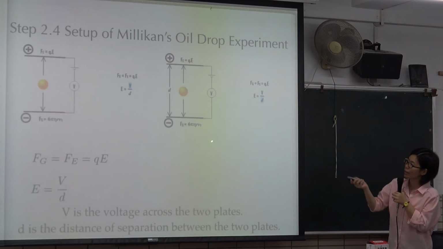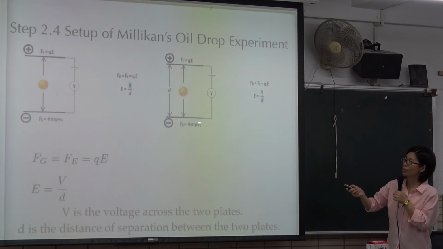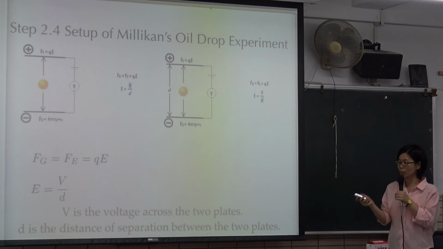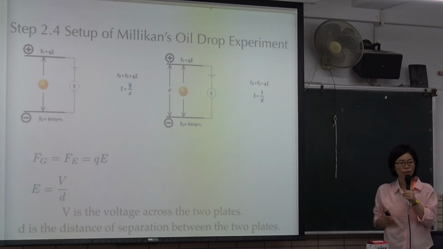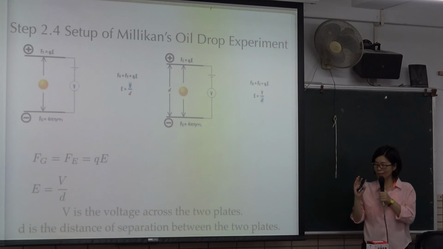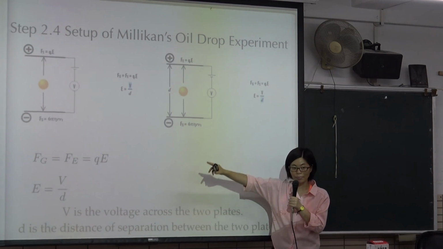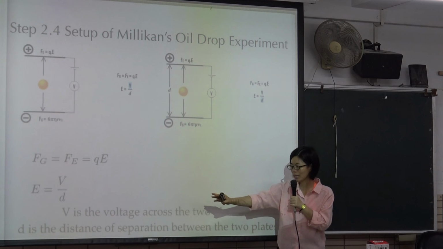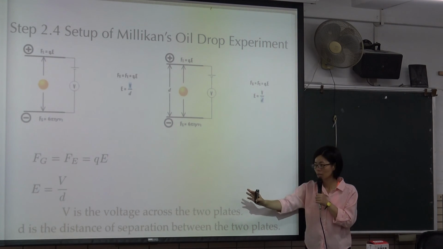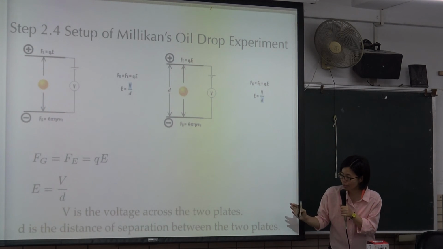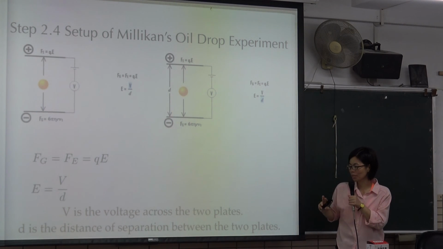We know the voltage applied to the electrodes. E equals V over D. V, the capital V, is the voltage across the 2 plates. D is the distance of separation between